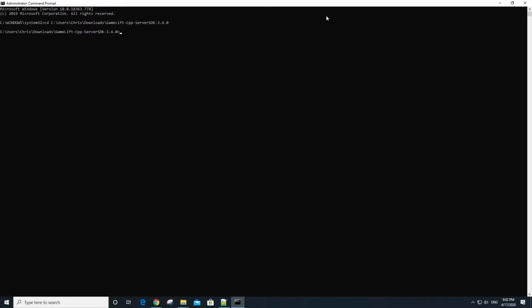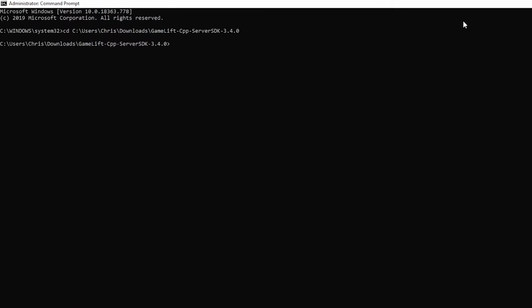Let's go ahead and make a new folder for our build files. Type mkdir out and press enter. Then let's cd into this newly created out folder. And then let's run Cmake by typing out